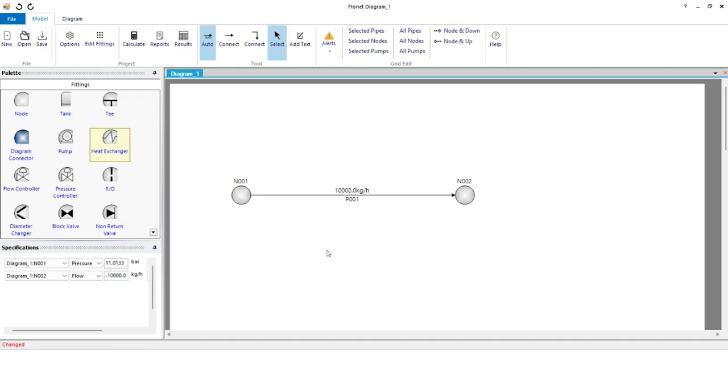Now at the minute, it's not going to do anything exciting. It'll just tell me the flow rate through here. Actually, when there's a flow, it'll tell me the pressure down here based on that pressure and that flow rate. So what we want to do now is to mimic that heat loss. So we're going to drag a heat exchanger in here,